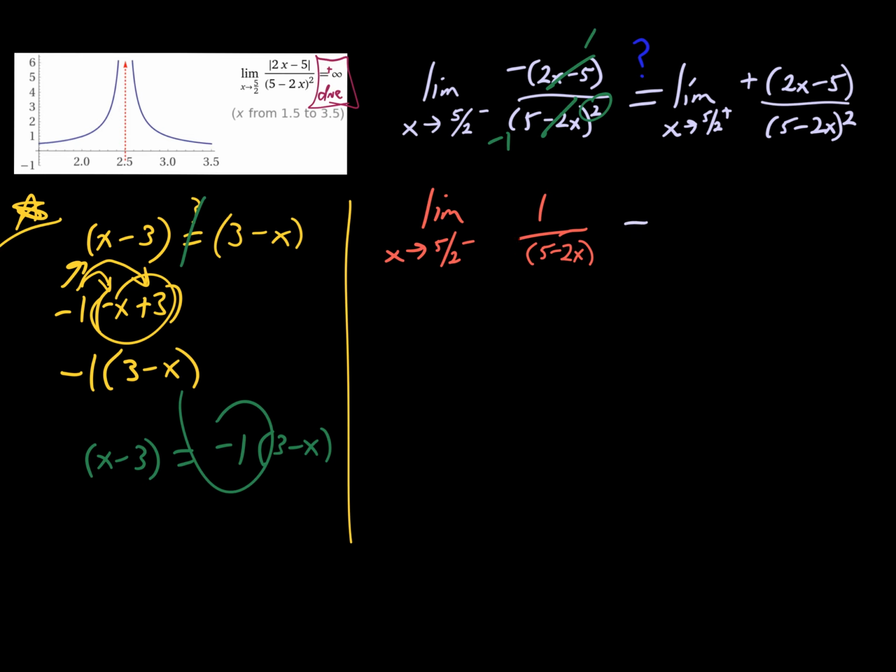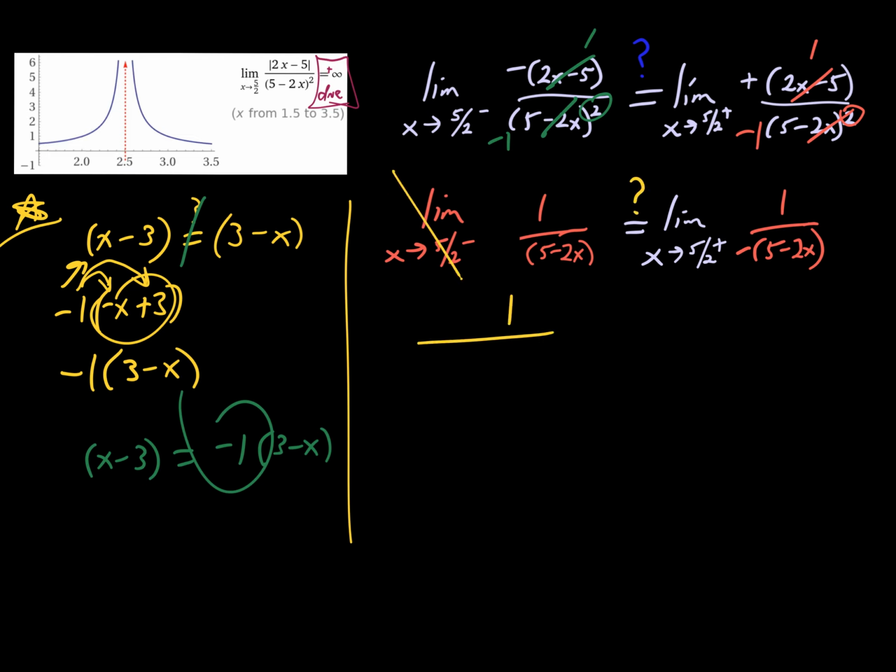On the other side, we have the limit as x is approaching 5 halves from the right. Well, what happens over here? We're going to get rid of one of these, and we're going to get rid of one of these, but yes, we have that, and we have one of them left over, so let's reconvene. We have this, and we have this. Okay. When it's time to evaluate, that's when you drop the lim, and here, let me put that,